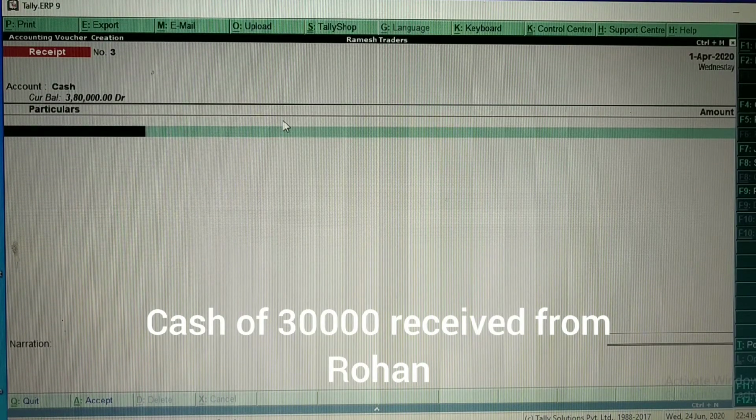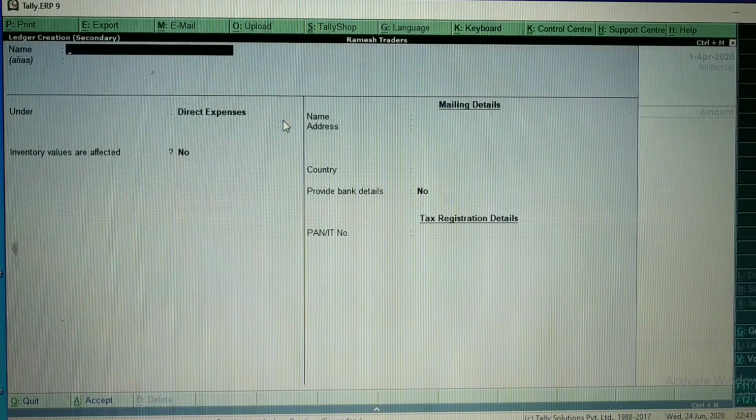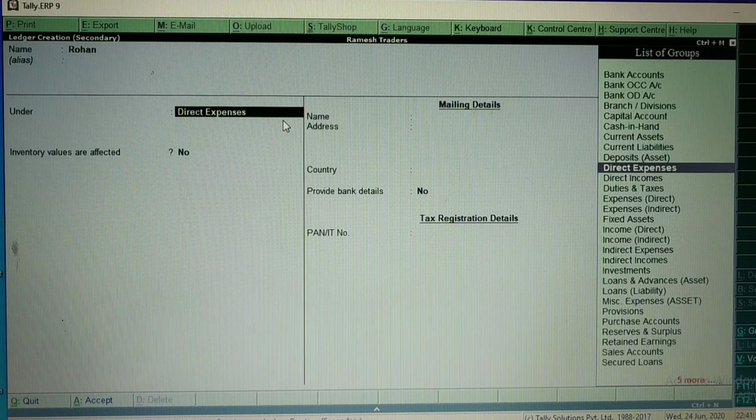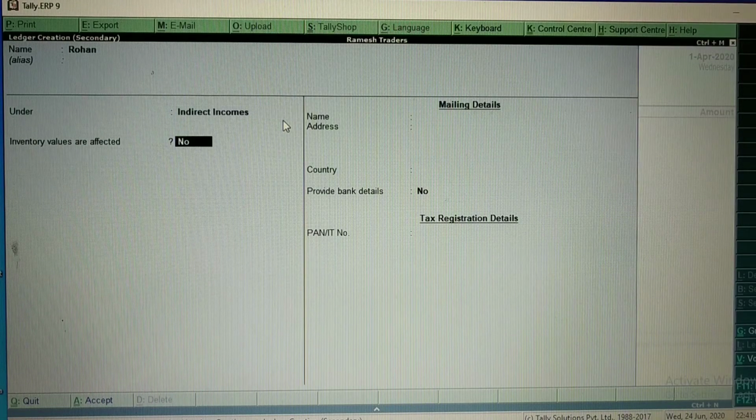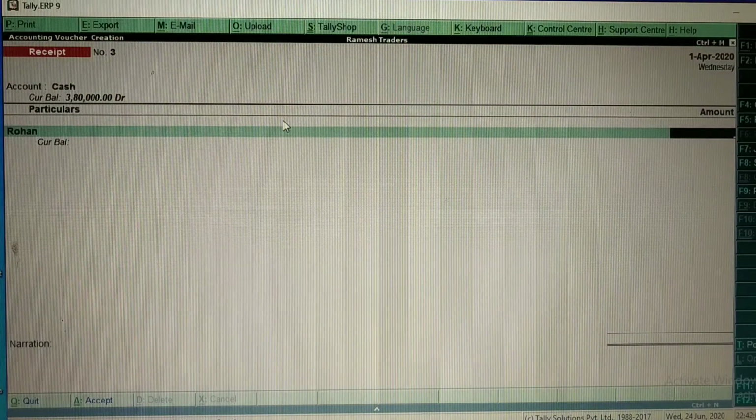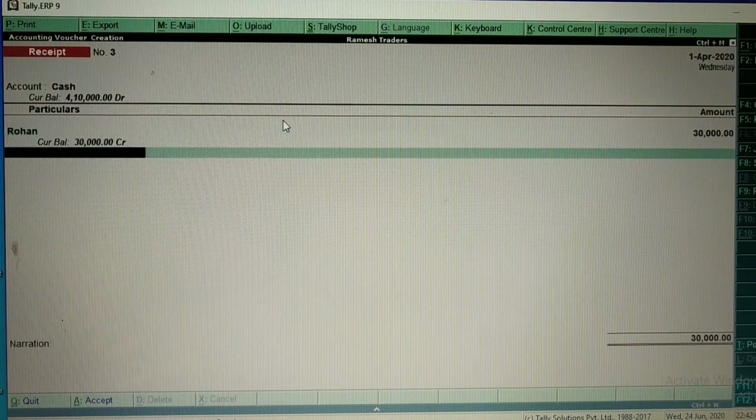Rohan Traders. Here I will type Rohan. We are receiving from Rohan, which means it is income for us, so indirect income. Next one is how much money we are receiving? 30,000 rupees.